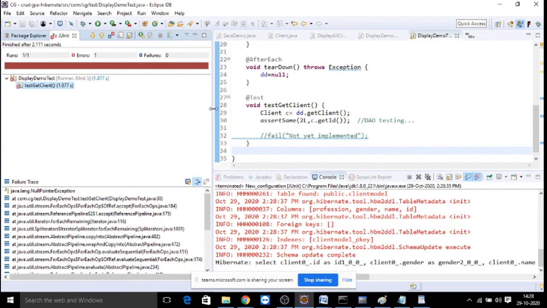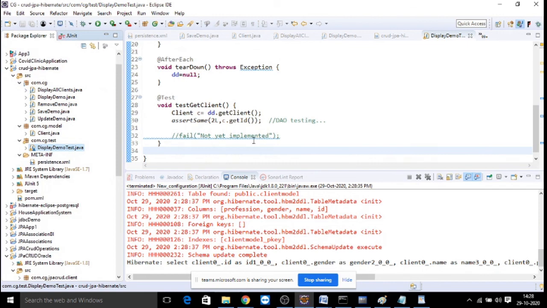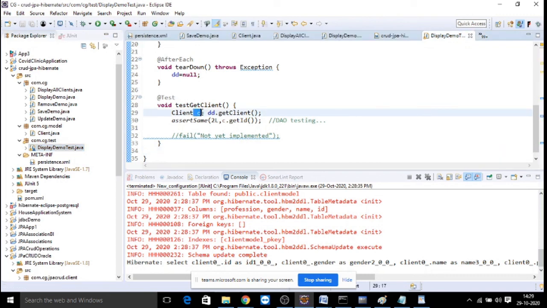Whether it is passing or failing, you must know how to write test cases. How do I test it? There are many ways you can test it, right? Either by checking whether this object is of type client or not, or checking its value, and you give sample data and see whether it matches the database values or not. You can write any logic to test it.